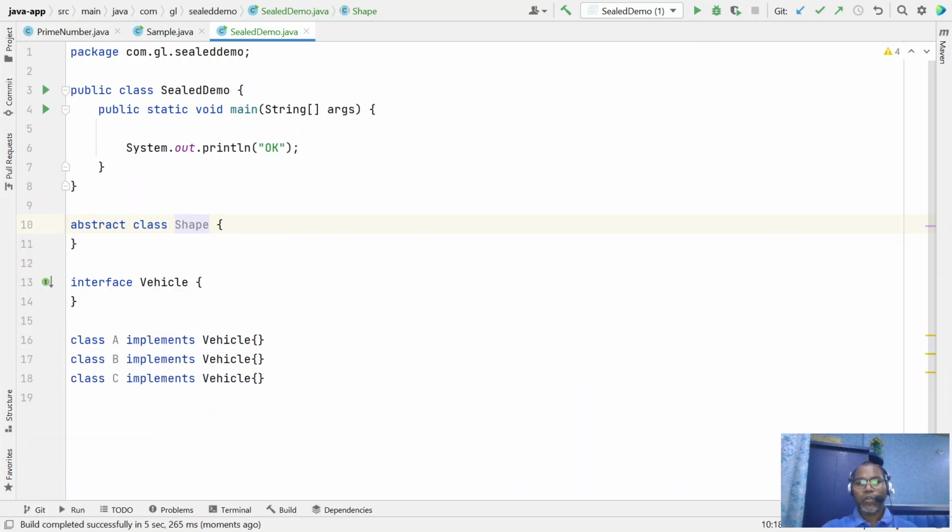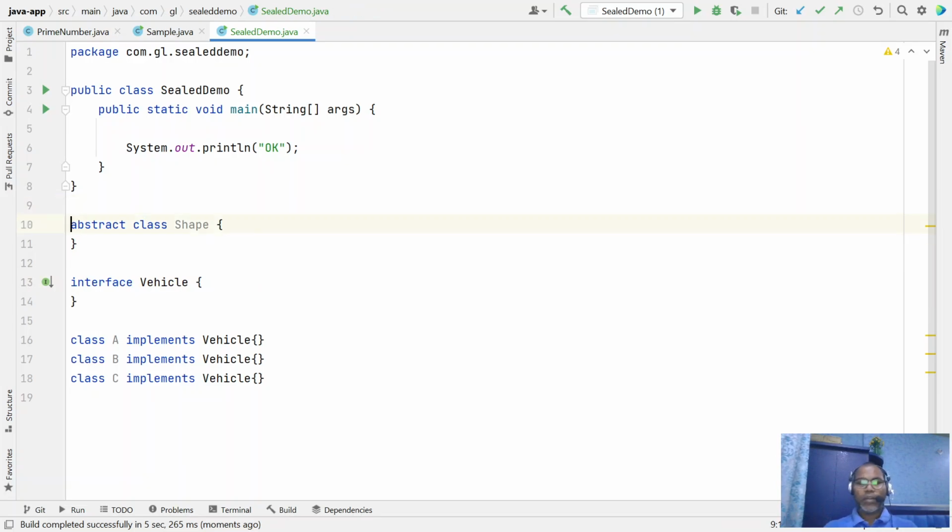So how will we define restrictions? Modifiers help us to define restrictions, whether it is a class or an interface.